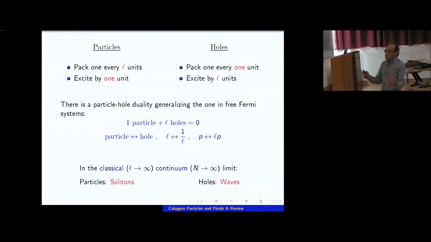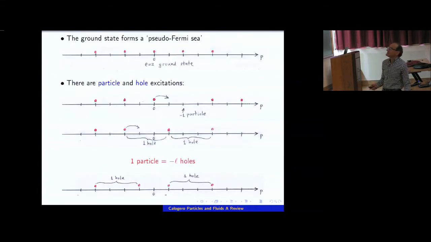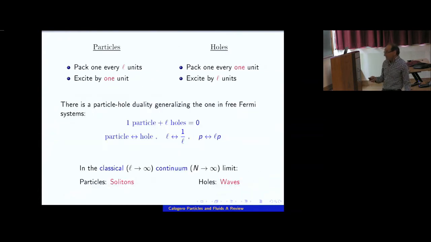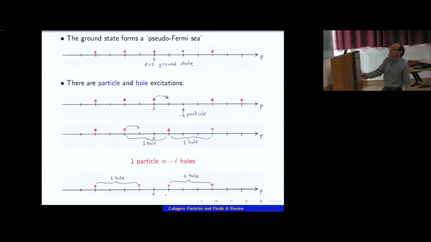The particles have the following properties. When they come together, they pack, that means that they fill the momentum space in units of L. They require a space of L so that they can sit together. But when they are excited, they can be excited by 1 unit. Once you take a particle and put it here, you can excite it 1 by 1. On the other hand, holes pack, they take up only one space, and that may look paradoxical because you say, but they look big to me. They may look big, but when you put them together, they each take up only one space, because if you increase this gap by 1 unit, you create an extra hole. Another unit, you create an extra hole, and so on and so forth.